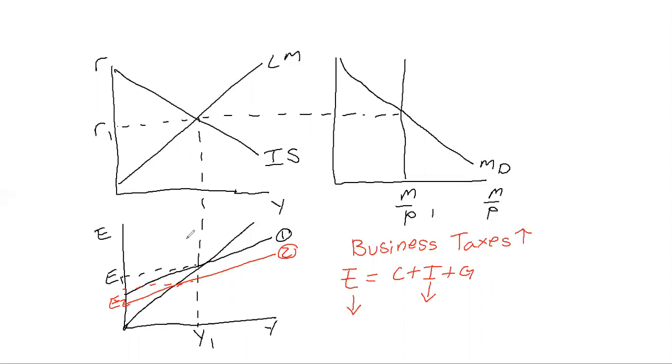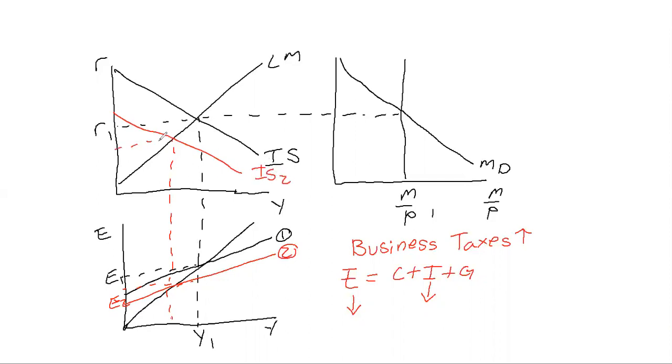So the next thing we're going to do is identify if we should shift the IS curve or the LM curve. Now remember, when the goods and services market has a shift, we're always going to be looking at the IS curve. Since the shift is not a change in the interest rates, it will be a shift down in IS instead of a movement along. So as business taxes increase, expenditure decreases, which will in turn decrease the IS curve to meet the new equilibrium,